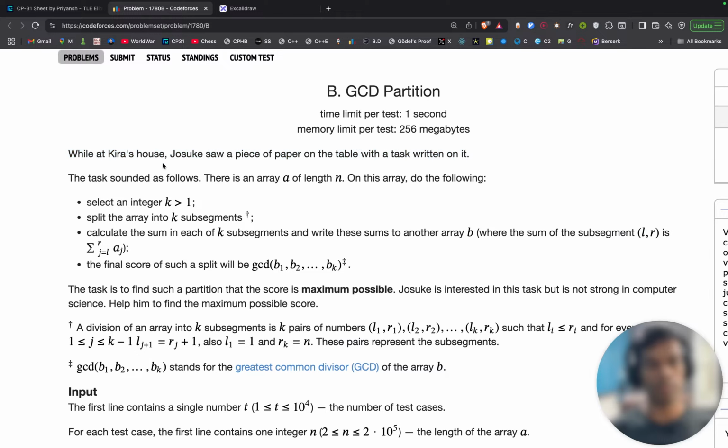While at Kira's house, Josuke saw a piece of paper on the table with a task written on it. The task sounded as follows. There is an array A of length n. Do the following. Select an integer k which is greater than 1. Split the array into k